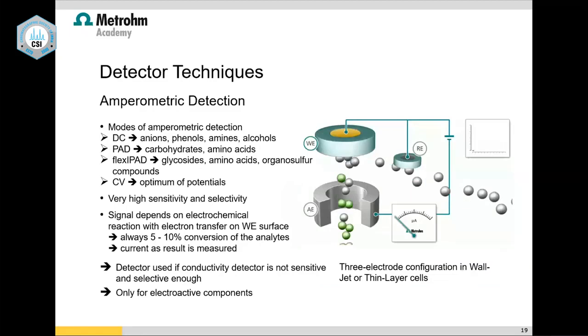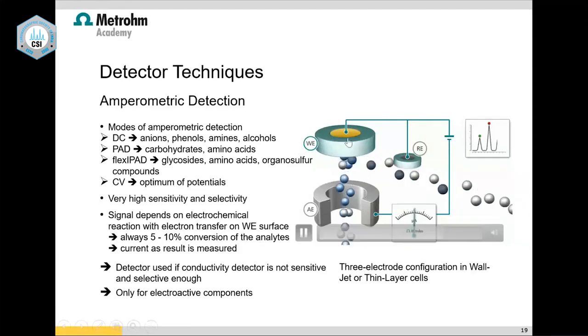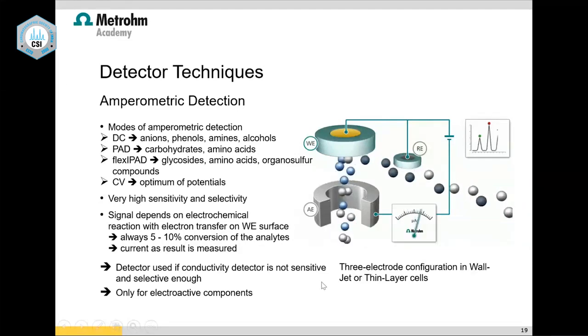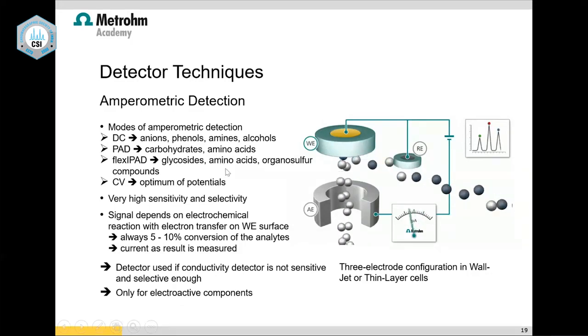Then we have one more detector. This is called amperometric or electrochemical detection. So what exactly is that? If I have to use this detector, the analyte of interest should be redox active. I should be able to reduce it or oxidize it. That is very important with this detector. That means I cannot do chloride analysis, but I can do chlorite analysis. Chlorite can be oxidized to chlorate. So I can do only those ions.